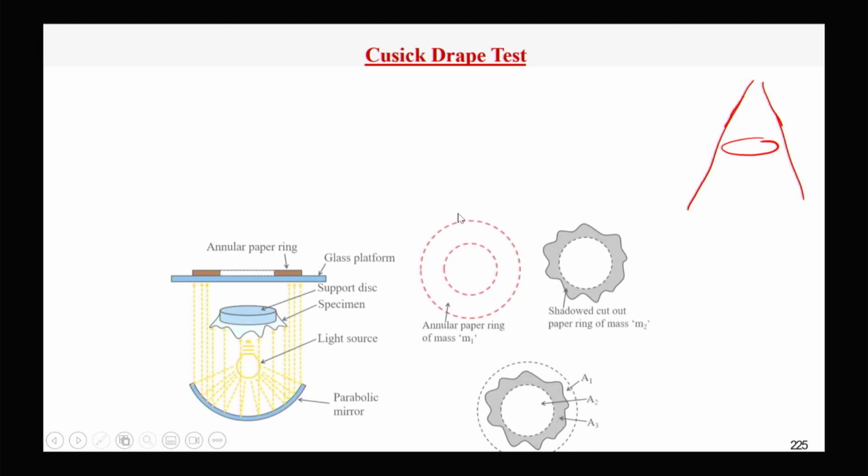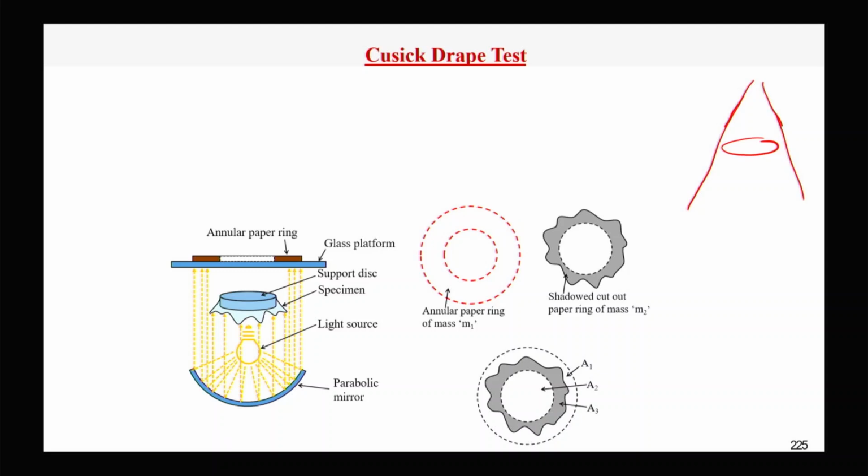Now the main problem with this drape meter is that the light source which we are projecting gets diverged. So after projecting on the fabric or the plate, it gets diverged. So we are not getting the actual area. So we should have one system where the light is projected on the specimen as a parallel beam of light, not divergent light. This is taken care of in the system which is called the